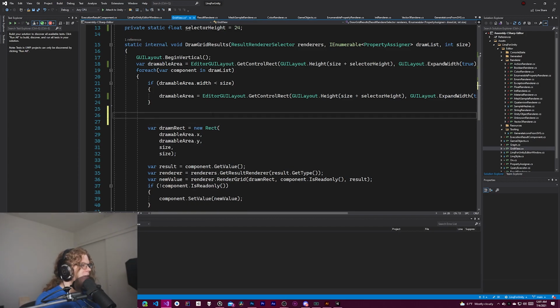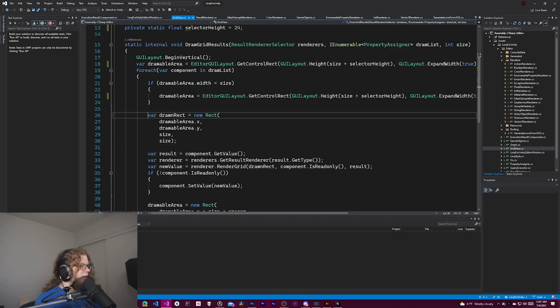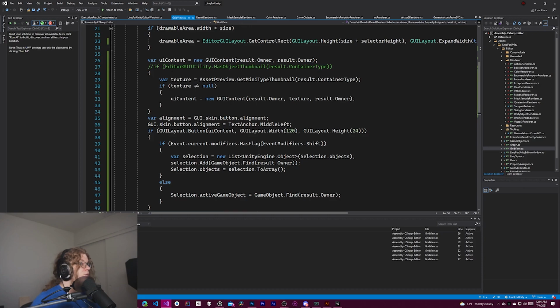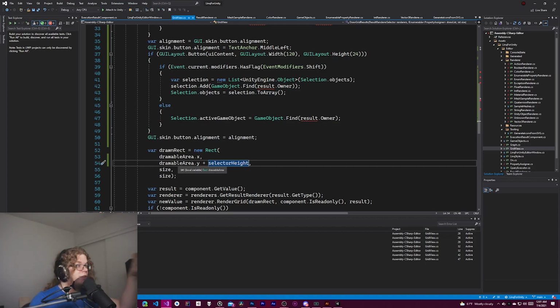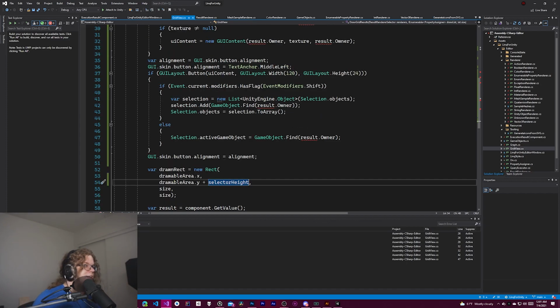But there we go. Drawn rectangle is that. There. Ooh, that's gross. All right. X, Y, size, and size. That's fine. We need to move the Y down by the selector height. And that's effectively going to shift everything down for this, our drawn render. And effectively, we're just making it 24 pixels taller than it is wide for each object. And that should give us enough space to hopefully